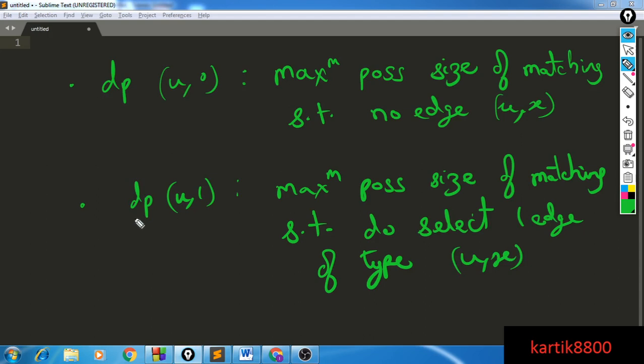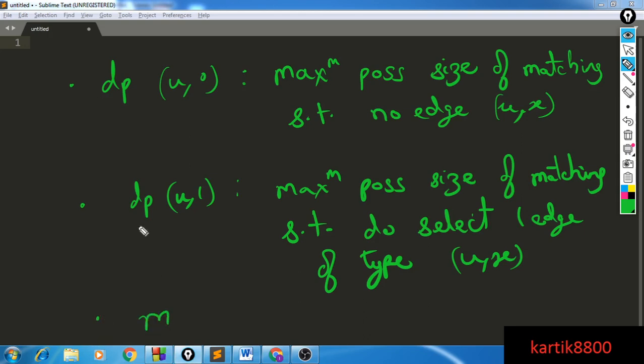But even if I know this for every node, what is going to be my answer? Okay, so you can pause the video and think, if you know this particular information for every node, then what is your answer? Okay, so since you've rooted the tree at node number 1, there are just two possibilities, right? Either you do select an edge that has one of its endpoints equal to 1, or you do not select it. Since there are just two possibilities, your answer is going to be the better of the two possibilities. That means the maximum of the two.